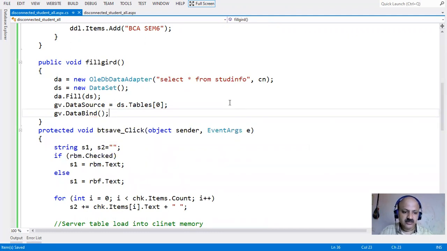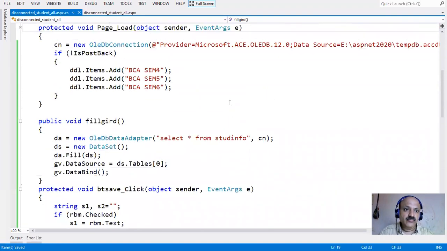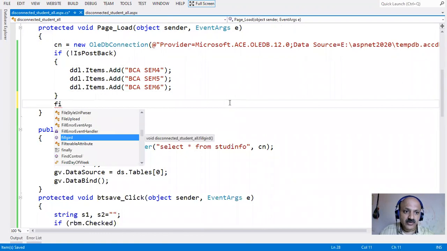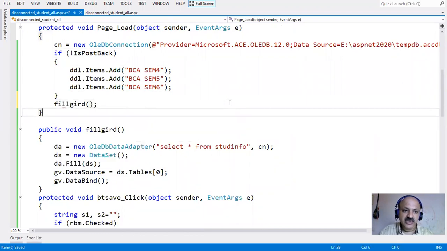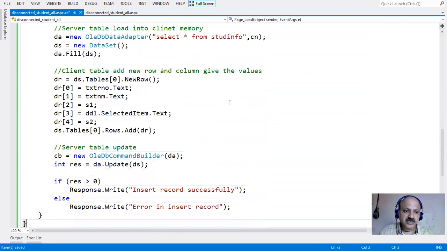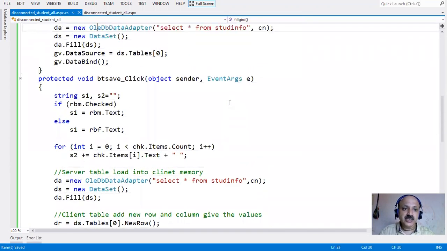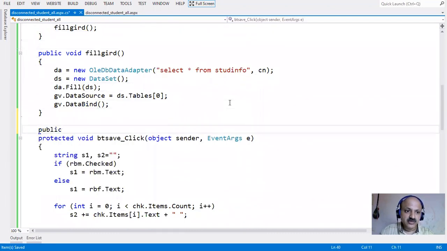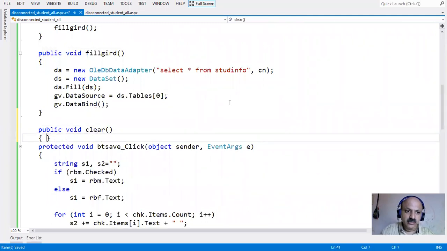Okay, so I think that is finished, and we can call this method in form load. Yes, so that is the benefit, and that is now in the library, fill grid, a user defined method. Whenever we require, we can call this method. So after here we can also call fill grid. Yes, so that one method we can call in insert, and also in update and delete I call this method, and also take one clear method as public. So after we insert, we can clear our record in the controls.